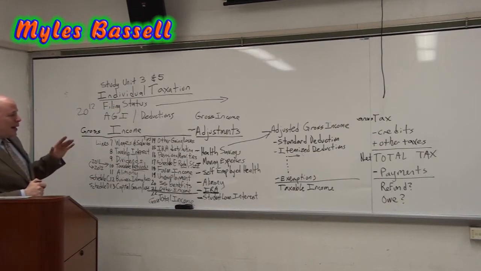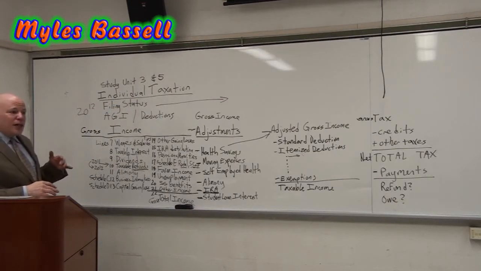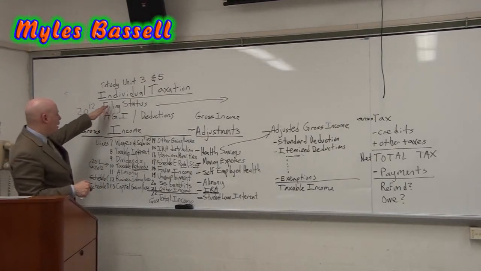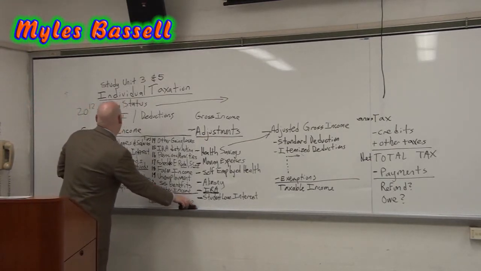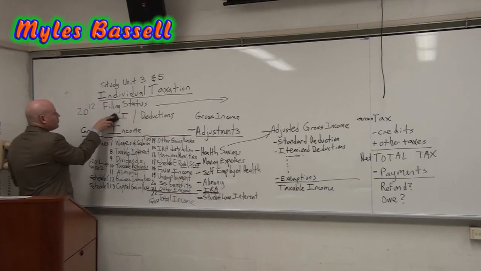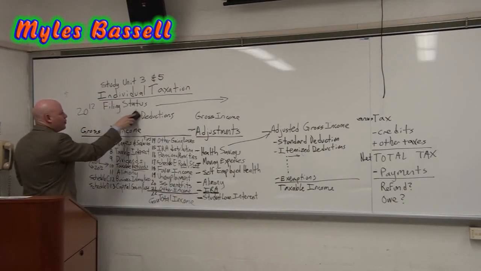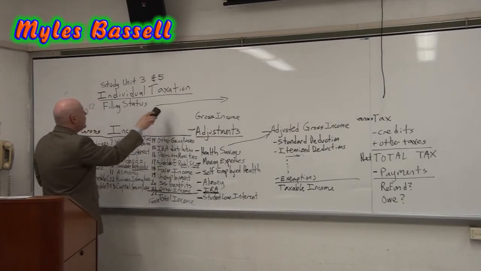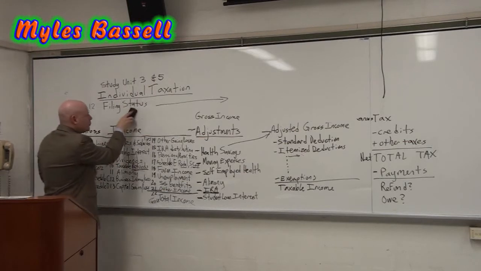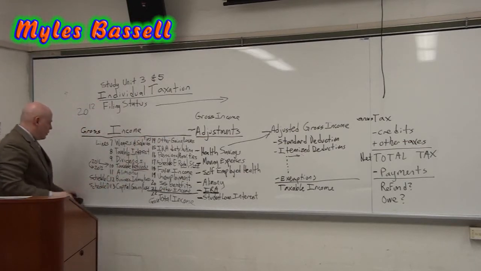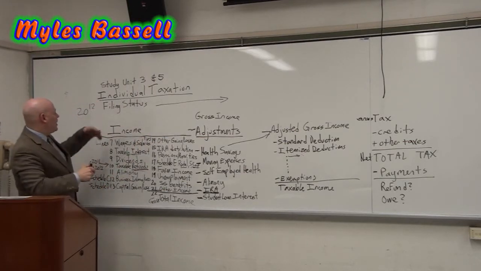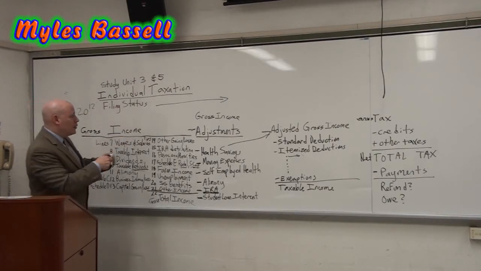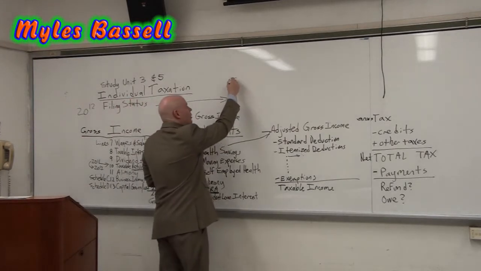The reason the filing status is significant is because it is what comes before adjusted gross income and deductions, in units 3 and 5. Literally on the 1040, before the income is the filing status, which we said is single,